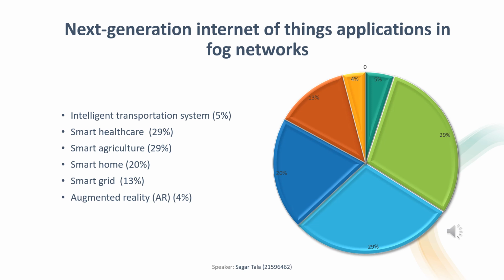Traditionally, these devices would send their data to a centralized cloud server for processing and storage. However, with the implementation of fog computing, the device data can be processed and stored at the network edge, closer to the devices. For example, the data generated by the cameras can be processed locally to detect and identify suspicious activities,